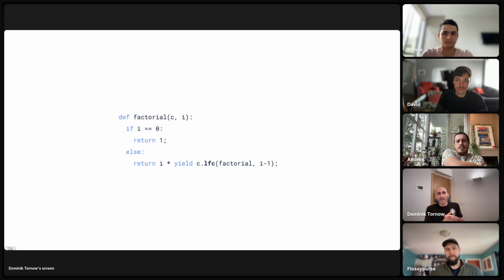So in this case, and we will look at actual code later, not code on the slide, factorial invokes itself locally. You see here LFC, short for local function call. Factorial invokes itself locally, recursively.